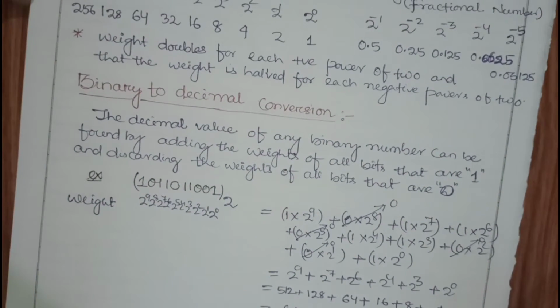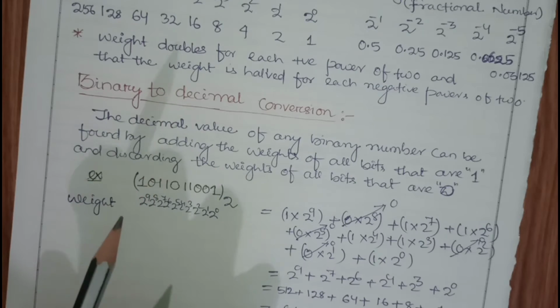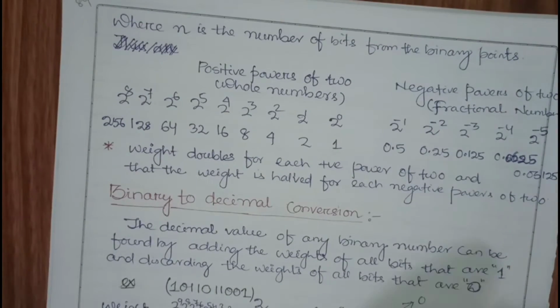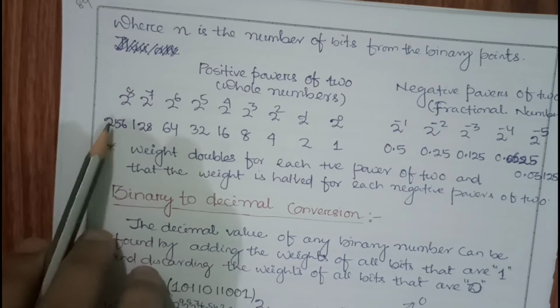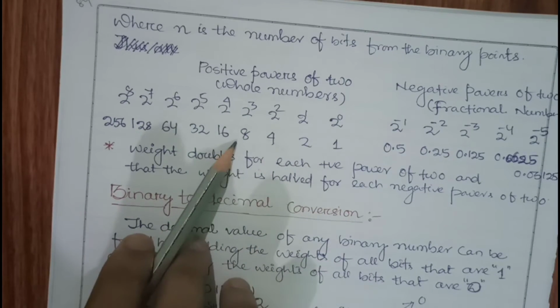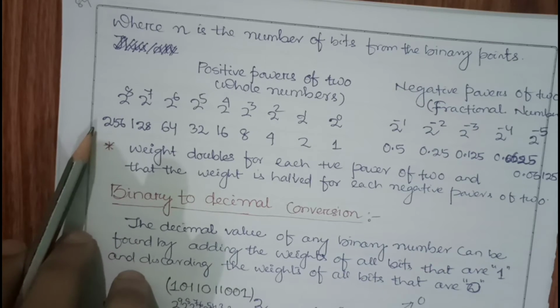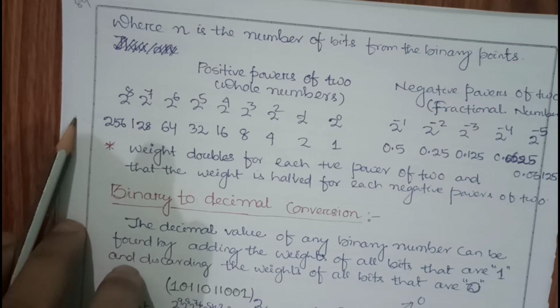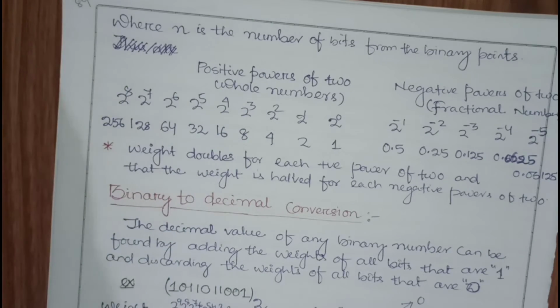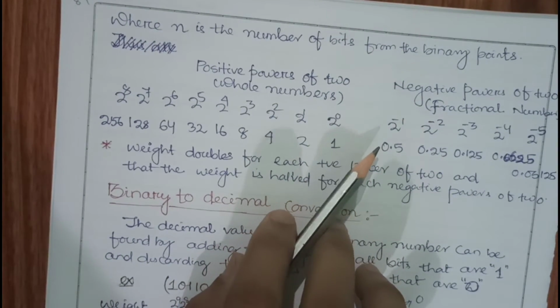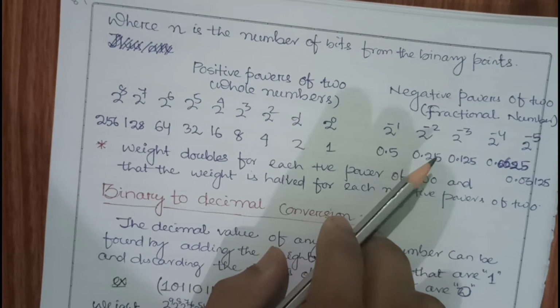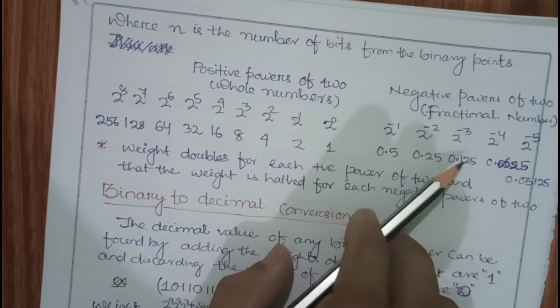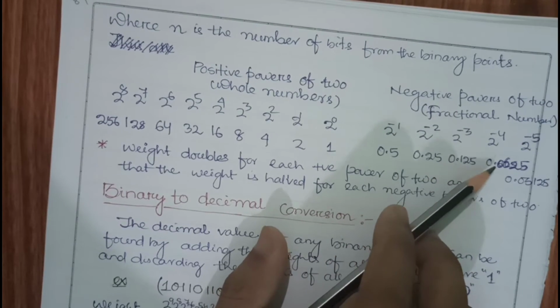Now here you see, these are the powers you should remember, so that it will become easy to convert any binary to decimal or decimal to binary. 2 power 0 is 1, 2 power 1 is 2, 2 power 2 is 4, 2 power 5 is 32, 2 power 8 is 256. Just double: 2, 4, 8, 16, 32, 64, 128, 256, then 512, then 1024. Like this, you double the values towards your left, and towards your right, you halve the values. That is 1 by 2, which is 0.5. Then 0.5 by 2 is 0.25, 0.25 by 2 is 0.125, 0.125 by 2 is 0.0625.